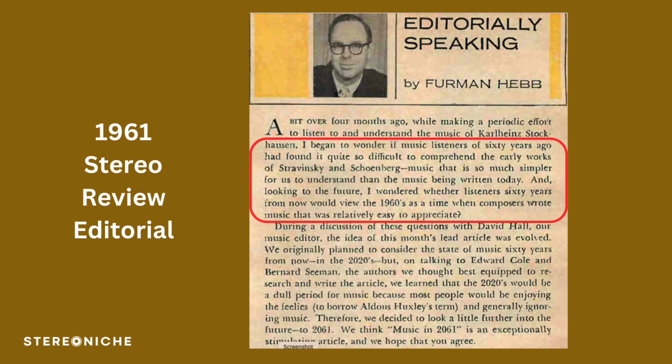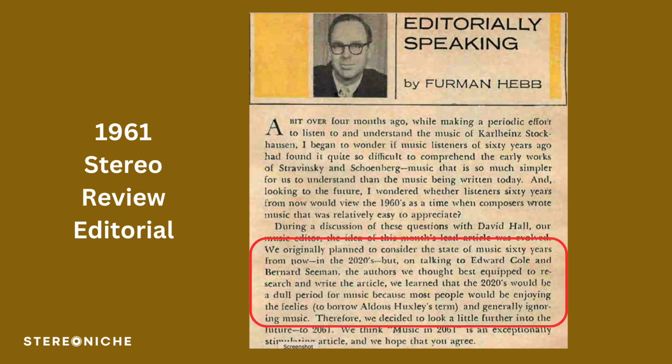But they had this article that they were talking about. This was a future article, and they were talking about how did people listen to music 60 years earlier. Now, this is 1961, so they're talking about right at 1900, and how difficult it might have been for the listener to comprehend the music from Stravinsky and Schoenberg, based on, I guess, listening to it on an Edison-type player. And they thought that music of the 60s had become extremely complex, and how might it be in the future? And they made a comment here that they were going to originally talk about the 2020s, 60 years later, but they thought, no, they estimated that people of the 2020s wouldn't be listening to music